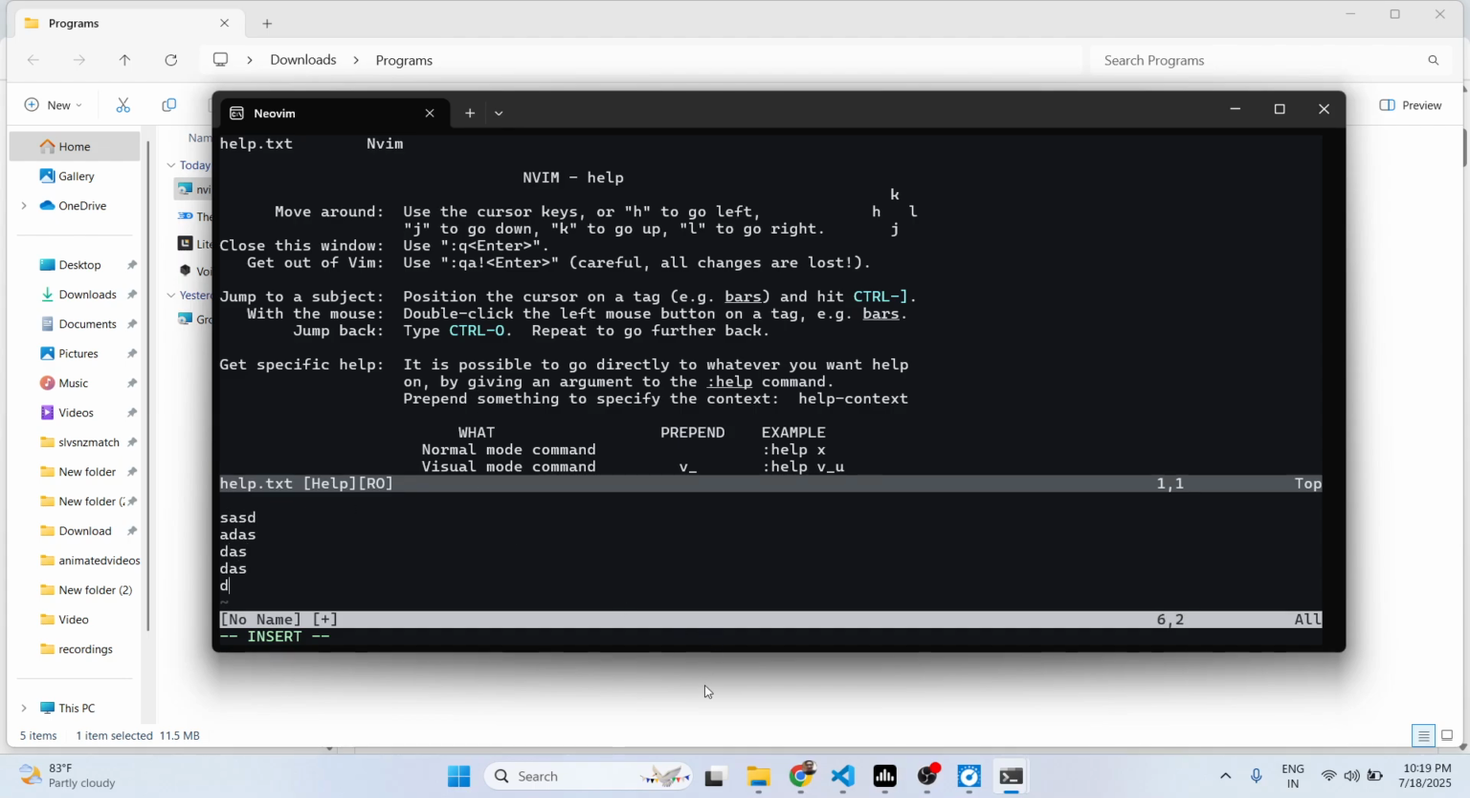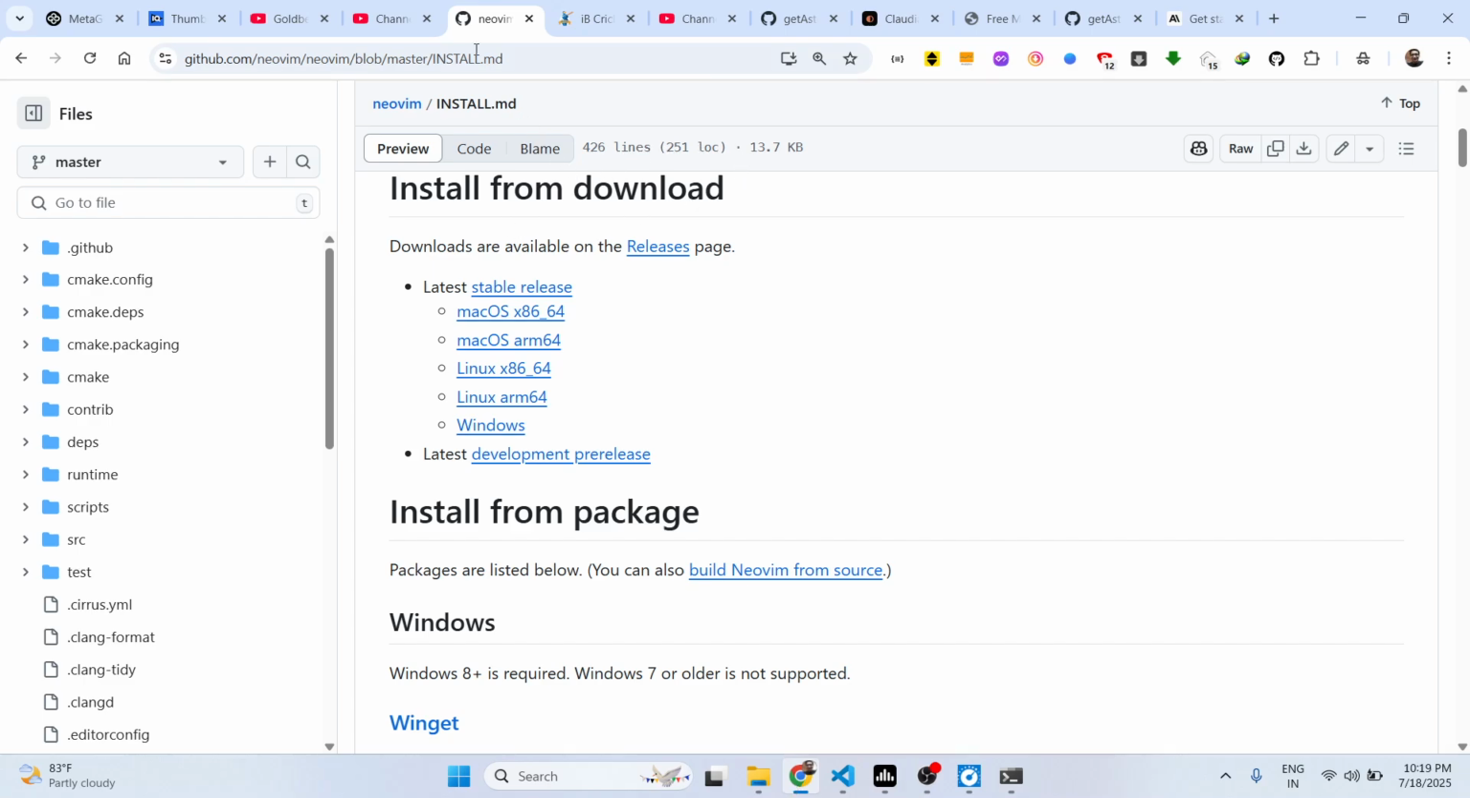So definitely check this out, install this inside your system, and also check